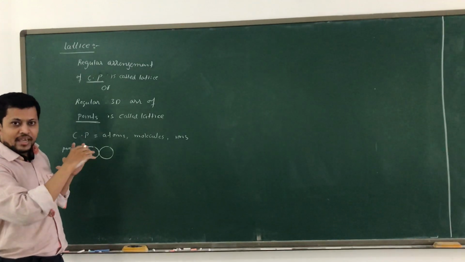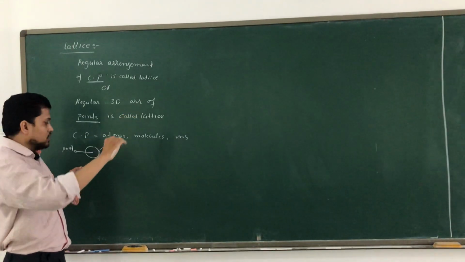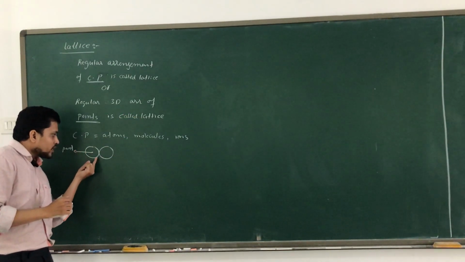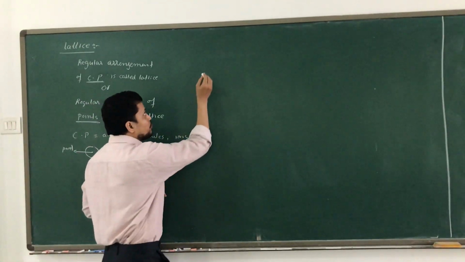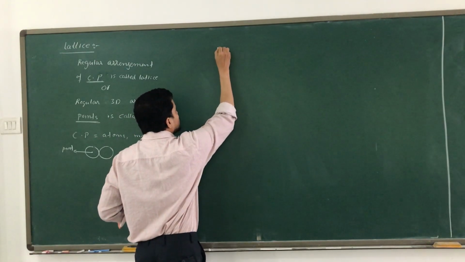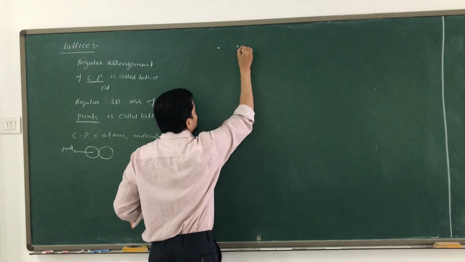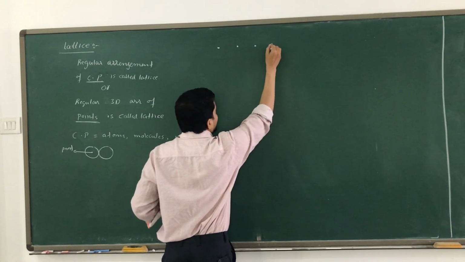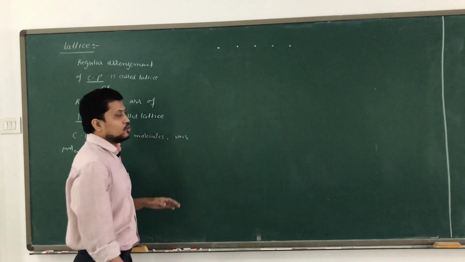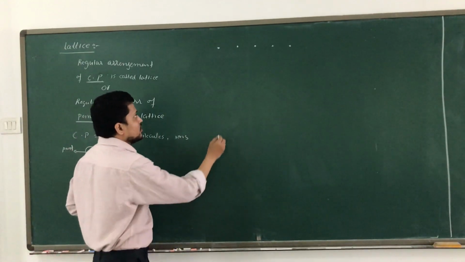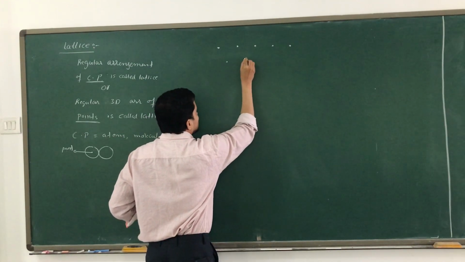Now we will try to make a lattice, a regular arrangement of atoms. So how are we going to arrange the atoms? Instead of drawing the total atom, we are just drawing one point. So I am just putting points over here to represent the total lattice. So 1 point, 2 point, 3 point, 4, 5. This is nothing but constituent particles. So we are just mentioning the points instead of atoms. Now I am putting the next row of atoms in this way.